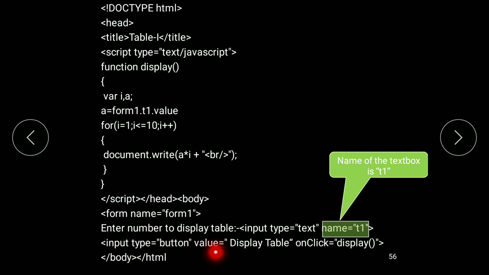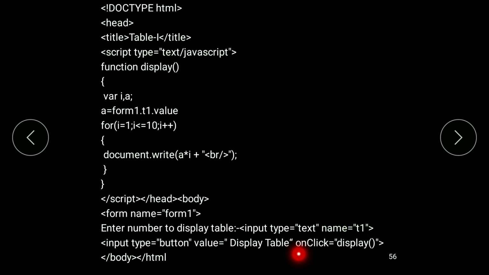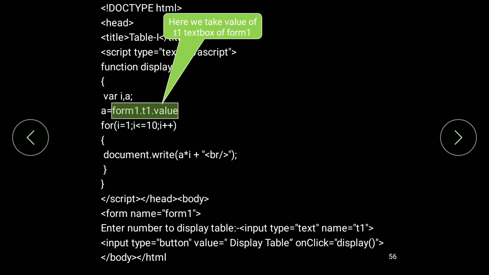One button also we write here, and for that button we take the on click event, and on that event we call the display function. All of these things you learned in the 11th standard. Okay, so see what happened.